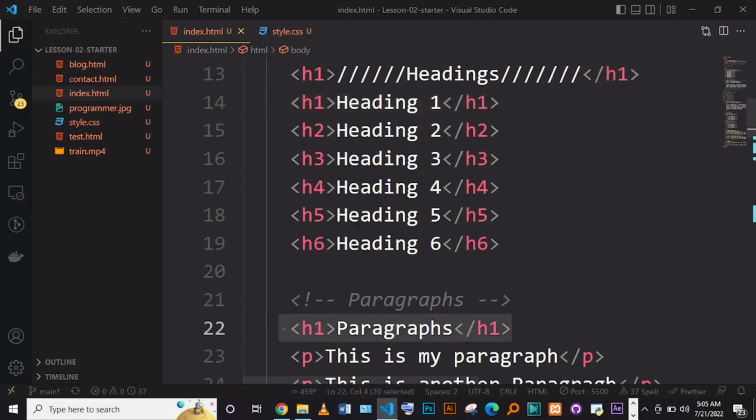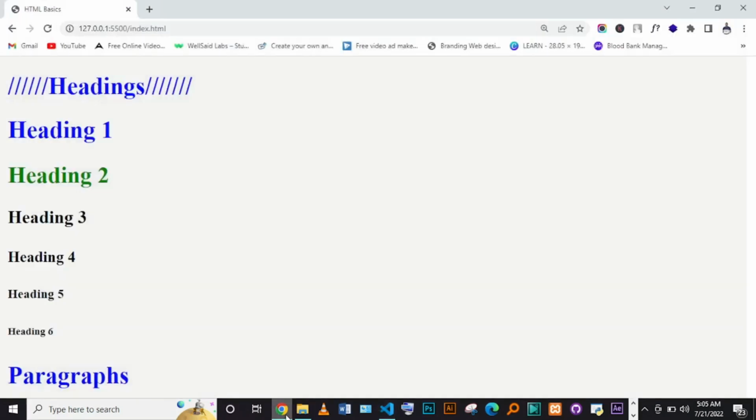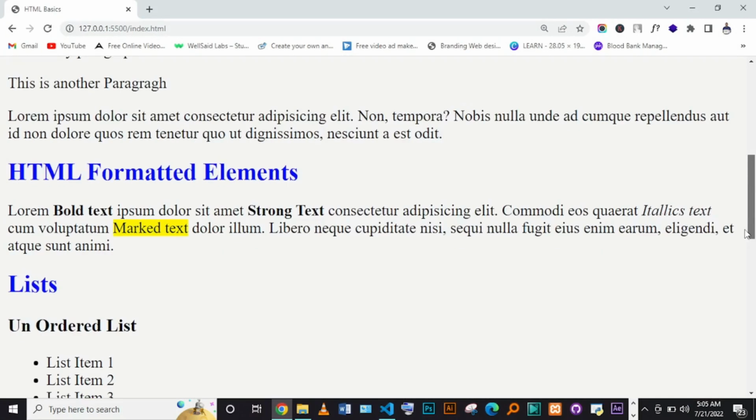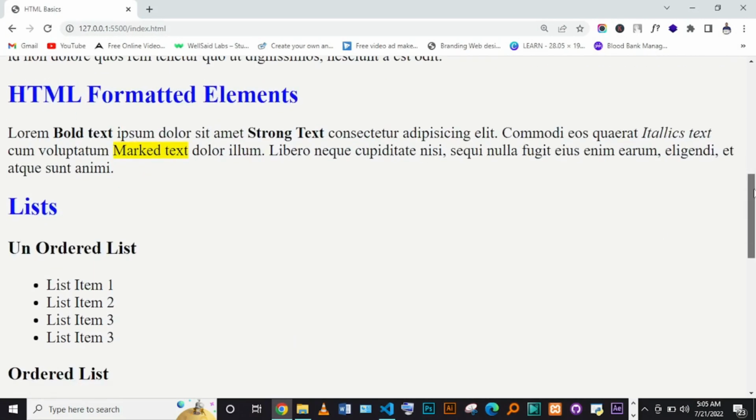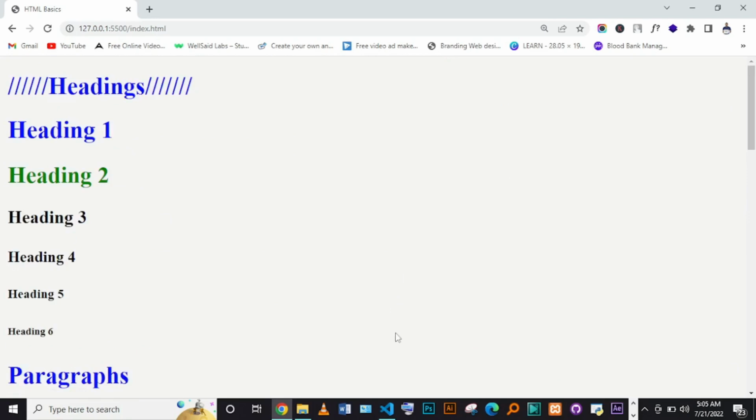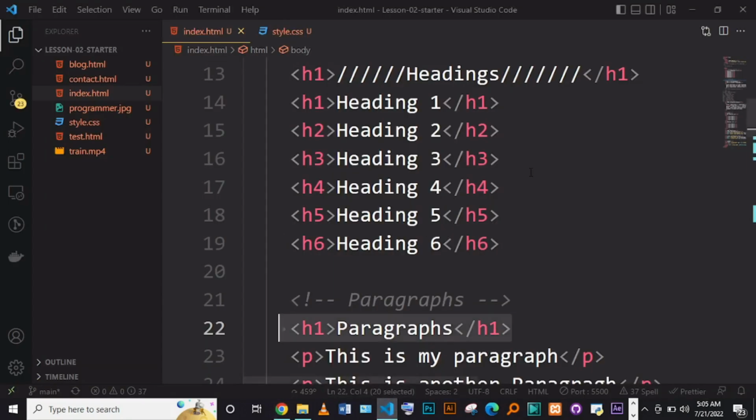So now this is where we have a first problem with CSS. It is giving everything the same color. If I want lists to have a different color, and I want an HTML formatted element to have a different color, how do I achieve that? Okay, so there is a way. This is why we introduce